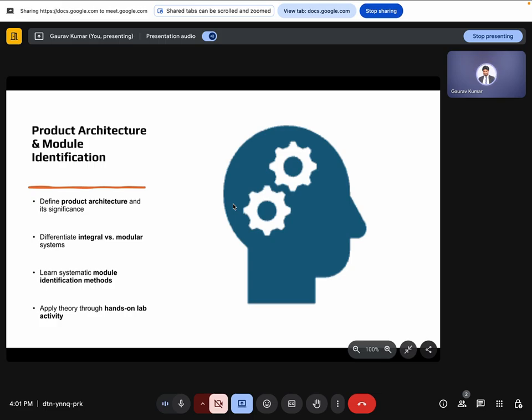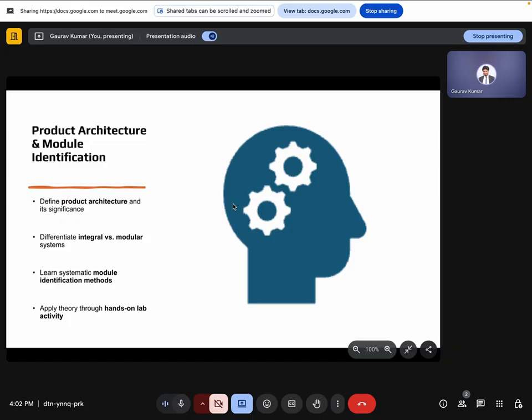This session on product architecture and module identification introduces you to both the theory and practical methods that shape effective design decisions. Our primary objective is to understand what product architecture means and why it plays such a pivotal role in